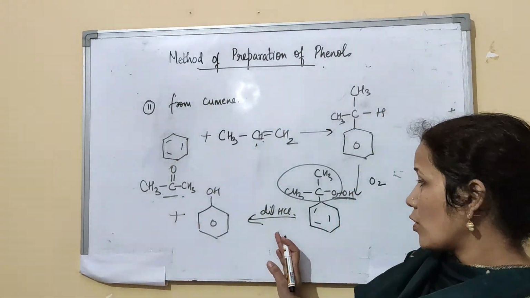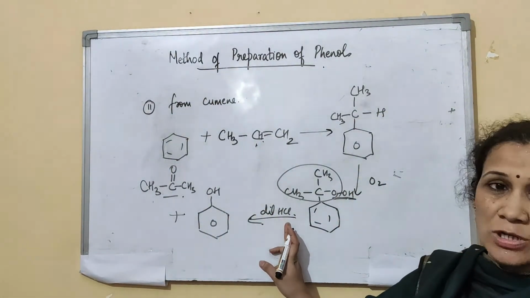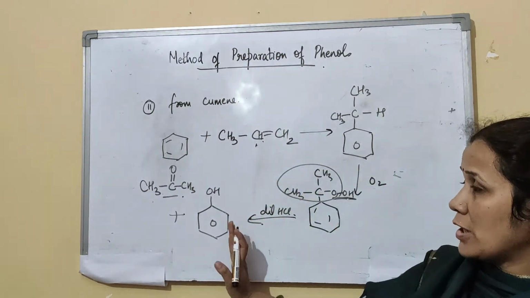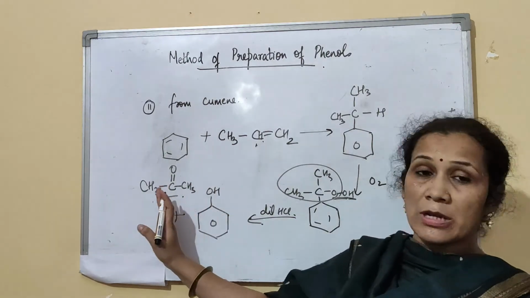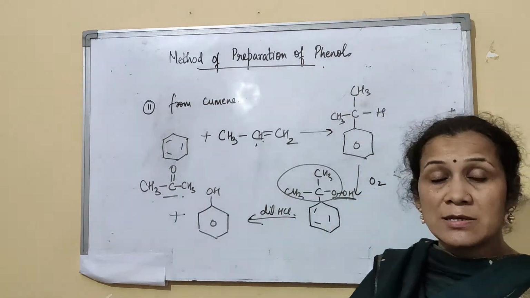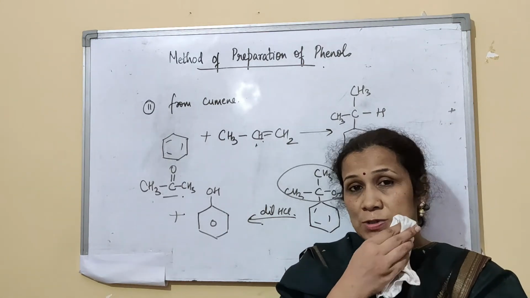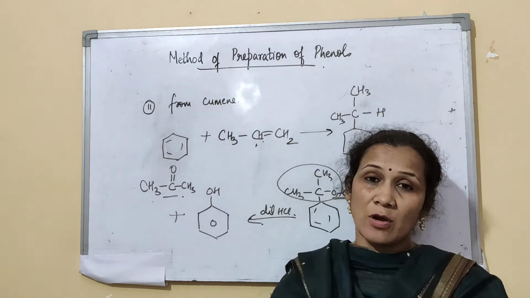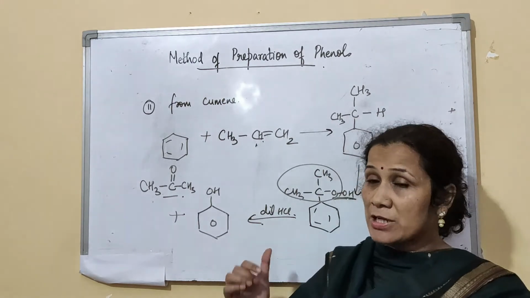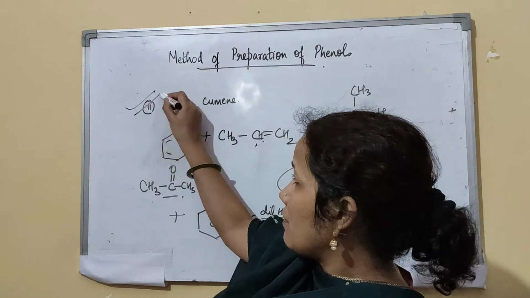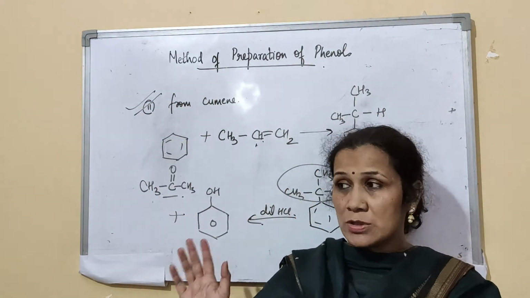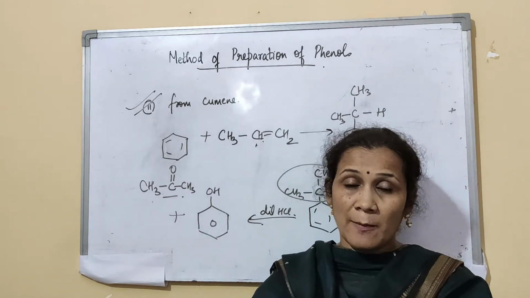So that is very important. This can be any acid, this can be dilute H2SO4. See, the expense is very less and you get 2 byproducts. You get phenol also and you get acetone also. That's the reason why this method is a very important method used in commercial production of phenol, to produce phenol in large quantities. So this reaction is very important. It can be asked straight away also, and to write what happens when also. So this reaction is very very important, right?